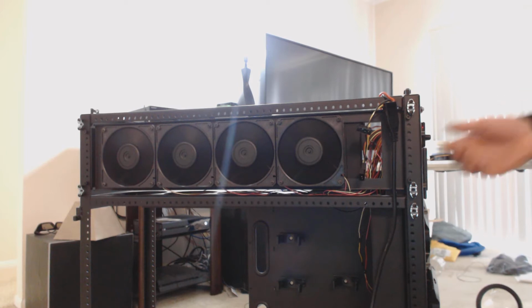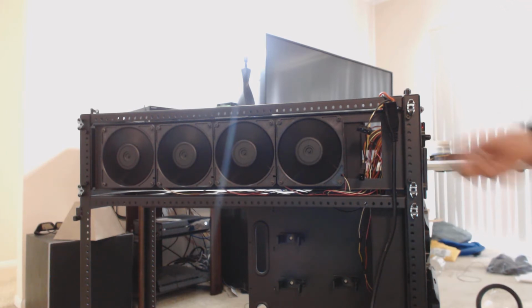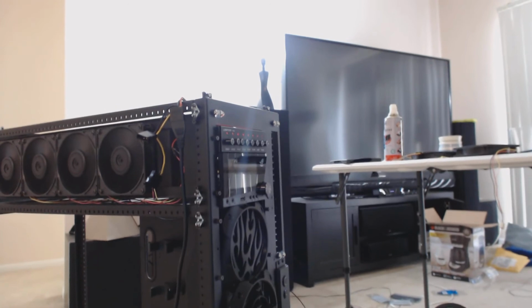I'm not sure if they're going to kick on if I have them all. Alright, yes, it is on. This is half speed. Now this is pretty much going to be the way I want it for the majority of the time, unless I am doing some kind of benching. So let me go ahead and move the